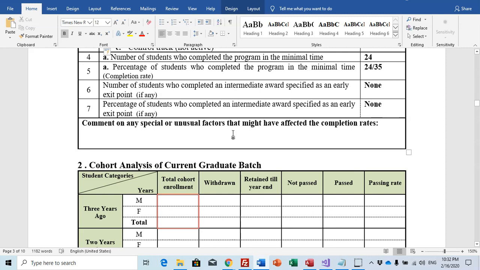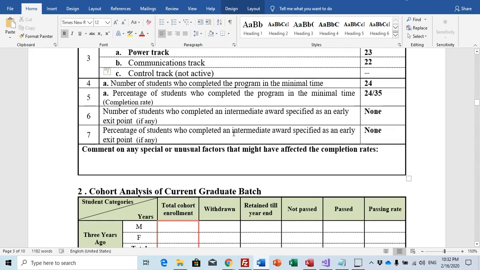As you know, the completion rate is important, and maybe in this year something happened or affected. You have to relate to the quality committee and to other official reports in order to write about these factors.